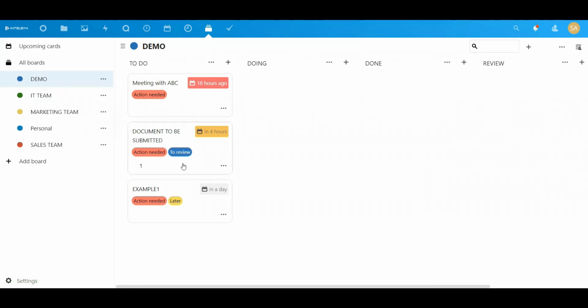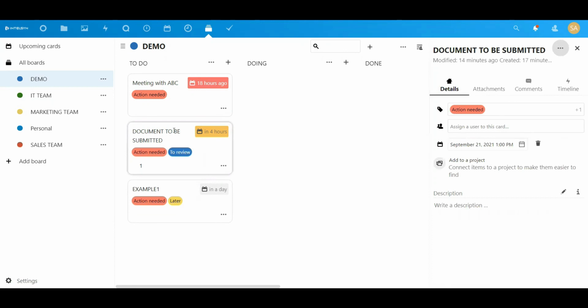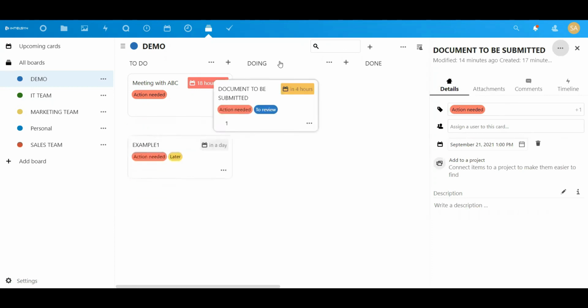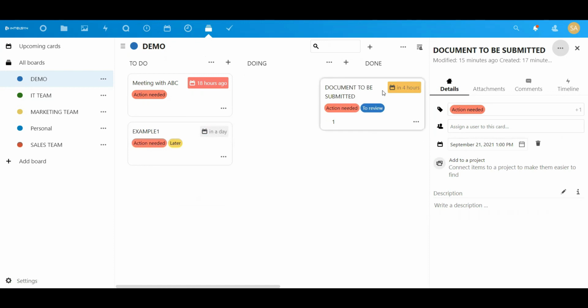Another exciting feature is, suppose the document has to be submitted. Now it's already being done, I'm doing it. So from do, I can just drag it to doing. Once I'm almost done, then I can drag it to done. So this is how it works.